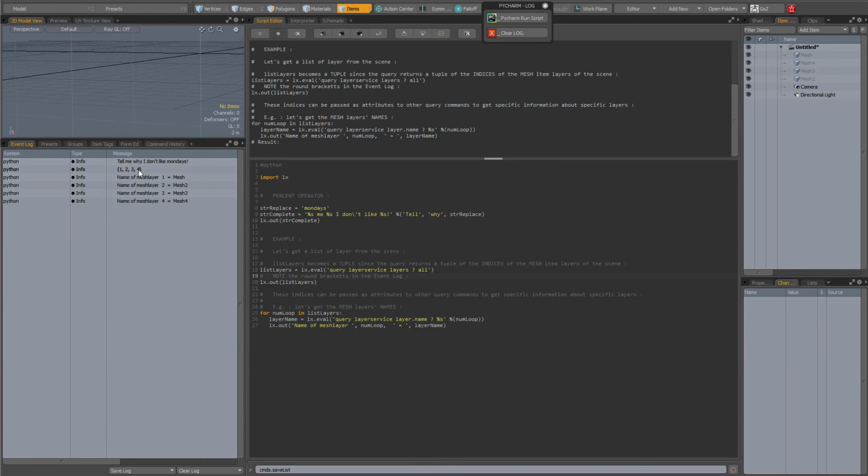And the actual values in here, they are indices of the mesh item layers of the scene. When this tuple did get printed by the ls out, between parentheses the name of that tuple. So ls out list layers prints out between parentheses 1, 2, 3, 4. And these indices, they in turn can be used as attributes to other query commands to get specific information about specific layers. So for instance, if you wanted to get the names of the layers, then you could write a